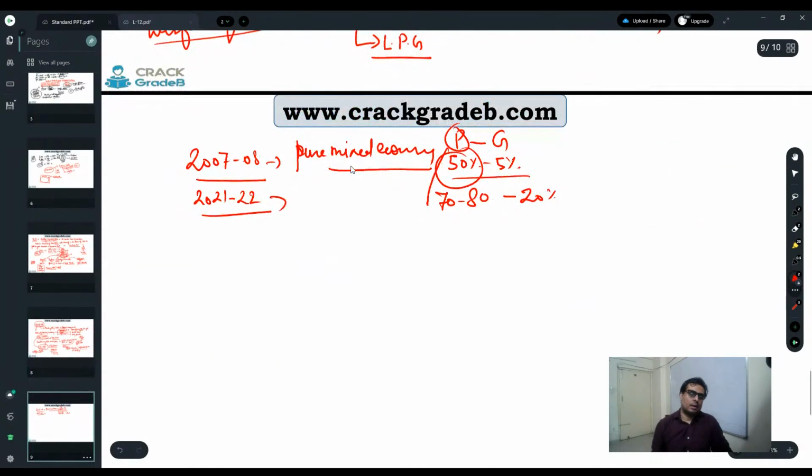Even, for example, refining. In refining, RIL and other government companies were there, and these government companies are making a good amount of profit. For example, BPCL, Bharat Petroleum Corporation Limited. They are making a good amount of profit, but government has an eye on selling these off also. So government clearly is not very interested in doing economic activity, and they want to go for more and more private participation, right?